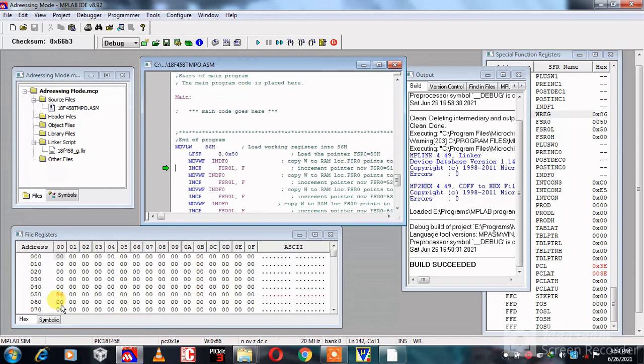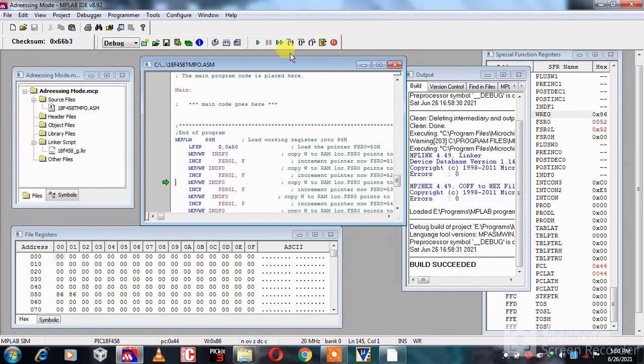After next instruction, 0x50 is equal to 86. The pointer is incremented using instruction INCF FSR0L. Then after next instruction, the data 86 is loaded into 51H location, or 0x51 location.